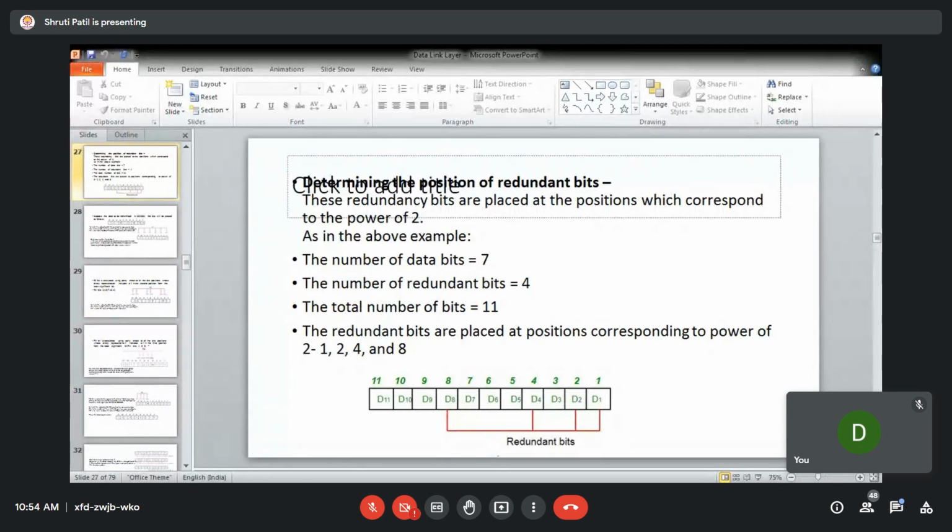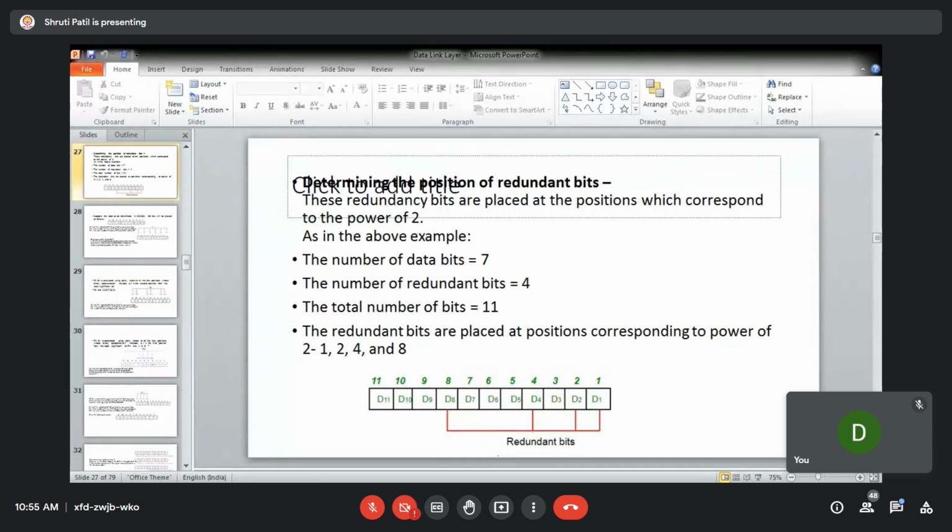Okay, now for this, which bits you will be calculating is, you will be checking for the representation. You will be checking 1, 3, 5, 7, 9, and 11. So the R1 bit is calculated using the parity check at all the bit positions whose binary representation includes 1 in the least significant position. Means this is the position. This is the first position, what is the binary equivalent? 0001. Third is 0011. This is 0101. This is 0111. This is 1001. This is 1011.